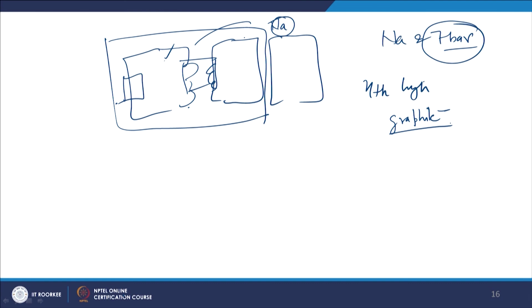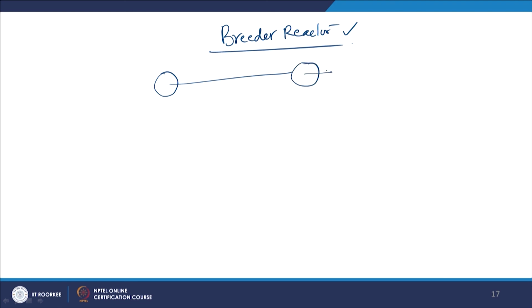Now, the next one is the breeder reactor. It is clear from the name itself, the breeder reactor can also be used for generating fuel. In a breeder reactor, fuel is consumed and the end product is more fuel generated, and at the same time power is also generated. So, it is used for breeding or generating the fuel, and also for power generation. So, it has a small vessel